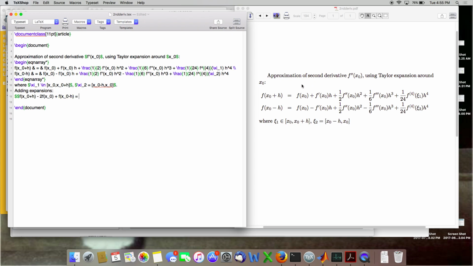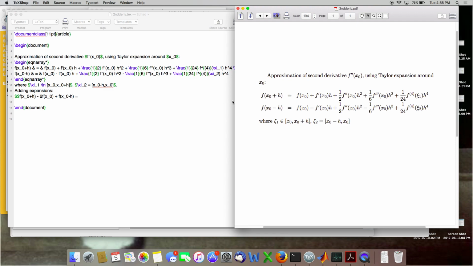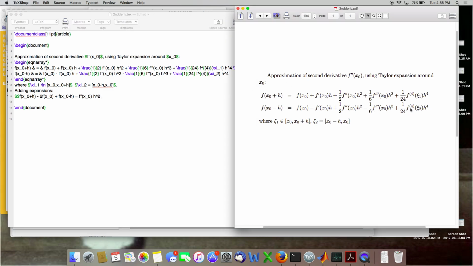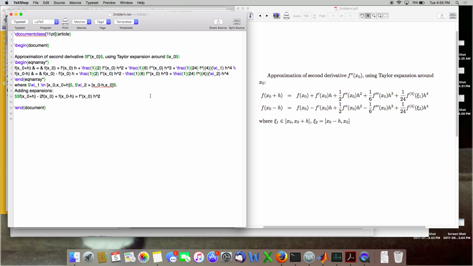So what will happen is then all the f of x naught terms will cancel out. These will cancel out. So what I'll get is, and then these two will add together. So I'll get f double prime of x naught times h squared. These terms cancel. These will add together, but I can't really simplify. Well, I could kind of simplify them, but